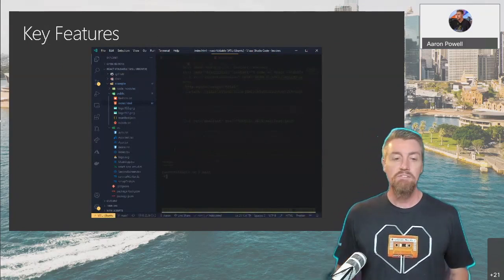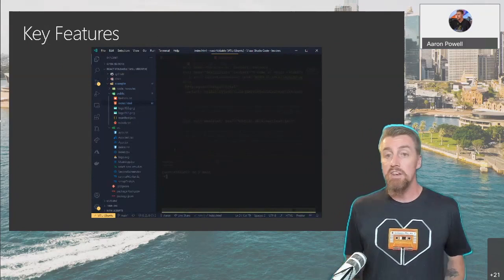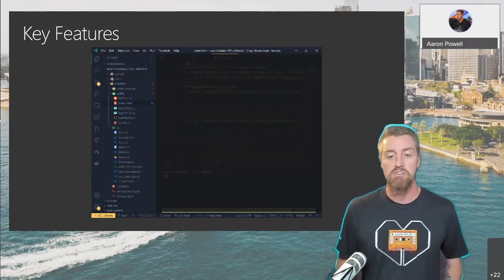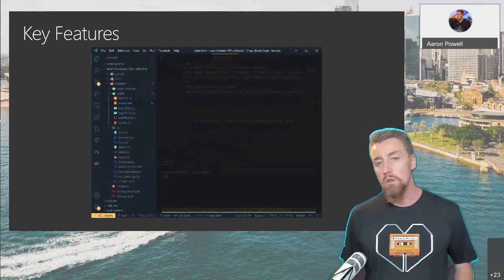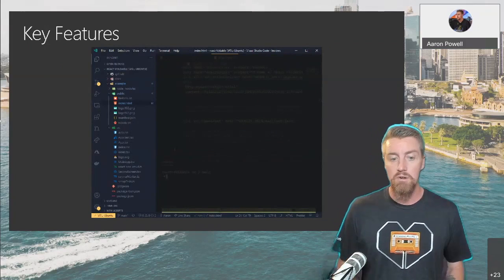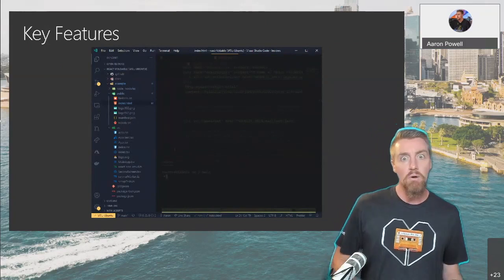Across the bottom, we have a status bar. And a status bar is another place that extensions can provide us with information, and the way that the editor itself provides us with information. We've got things like our line number and column position. What's the Git status and what branch are we on? We have line encodings and so on and so forth.